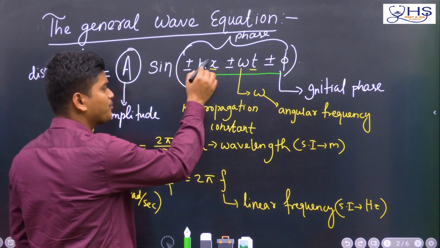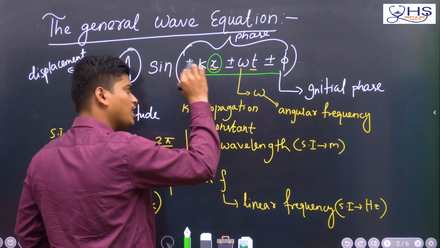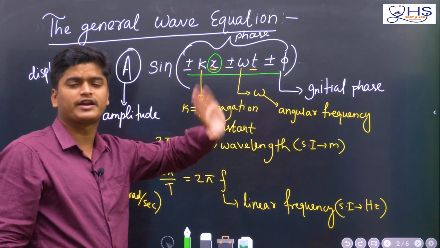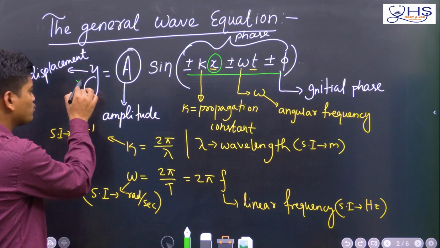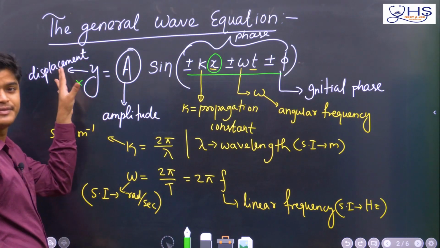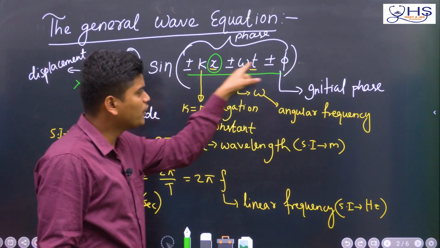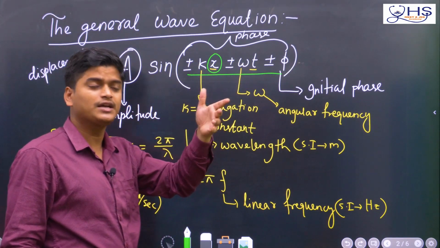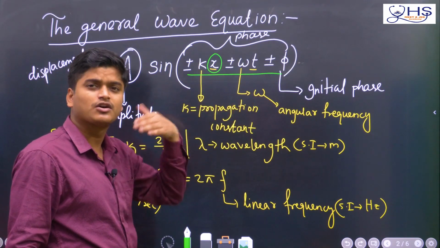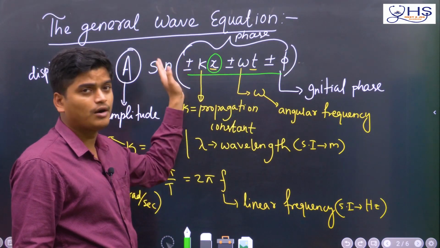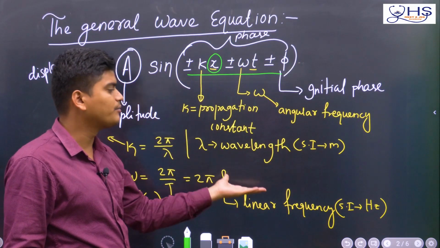Okay, and here, suppose x is there. This wave will be traveling either in the positive x or negative x direction. You should not check about this. So this is basically the displacement given here, but when the wave is traveling, from here only you will understand which direction the wave is traveling, positive x or negative x. That is from the sign of kx and omega t, I will be telling here.